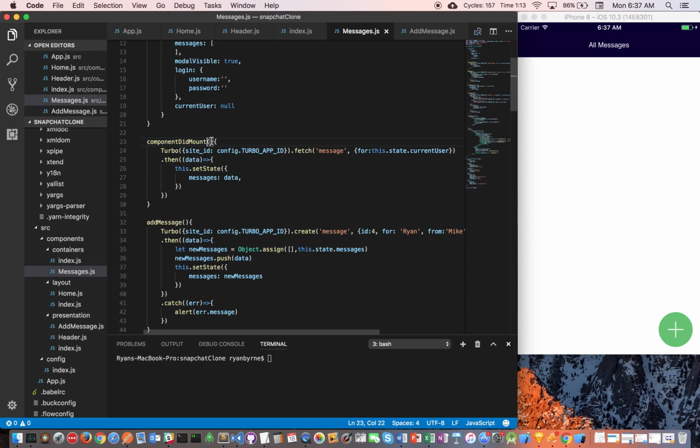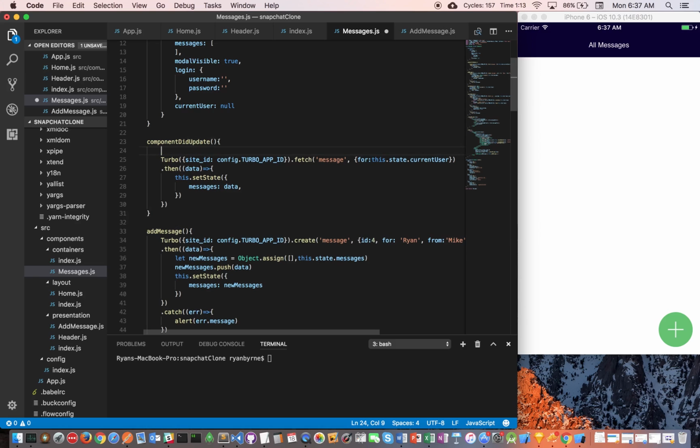What I'm going to do is say componentDidUpdate, and we don't want to get caught in an infinite loop, because think about it, we're going to fetch these messages and store them. So our component update again is just going to call it and get the messages again, update. We'll get caught in an infinite loop, and everything will crash. So what we're going to do is say if